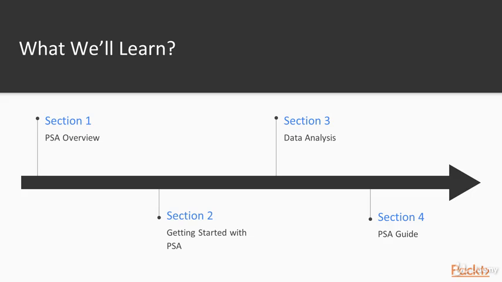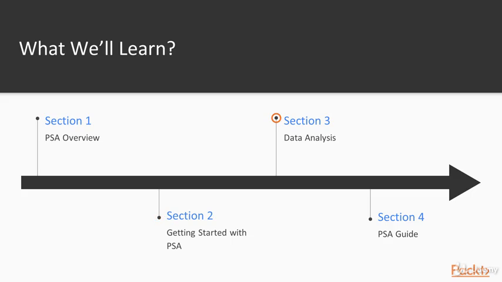So in this course, we will start with the PSA overview. We will learn about what is PSA and its components, what is PSA product, sales price list, and cost list. Further, we will dig deeper and get into the Get Started course. In Get Started course, we will see how to install and customize Dynamics 365 for PSA. We will learn about the basic navigation and terminology. We will look at the planning and delivery and billing section, as well as we will learn about the sales